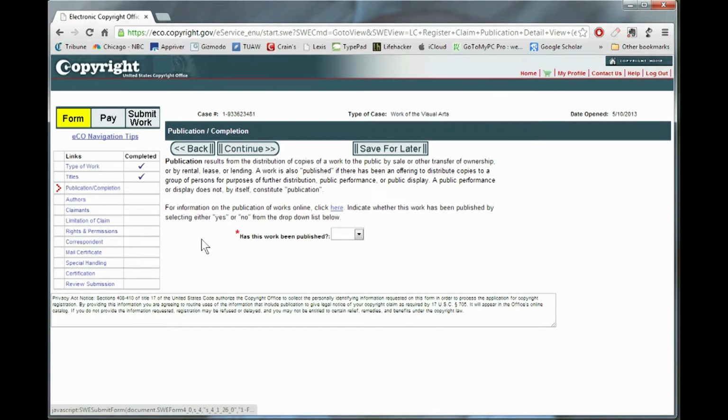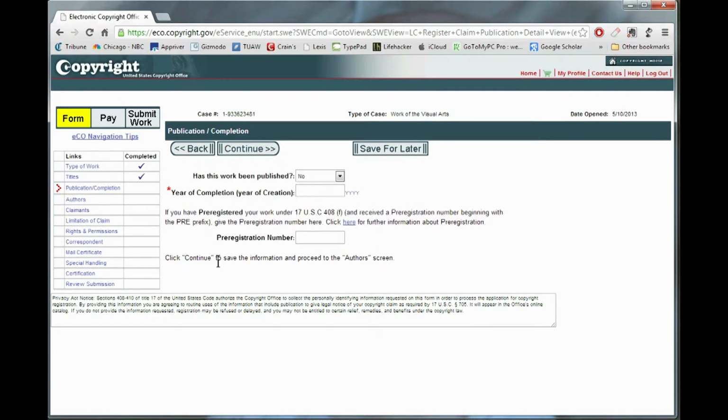So now we're on to the next one. The next category. Has this work been published? Generally, you're going to say no. Architectural drawings generally not published. You do have to fill in year of completion, year of creation. So that's the date, the year in which those drawings are